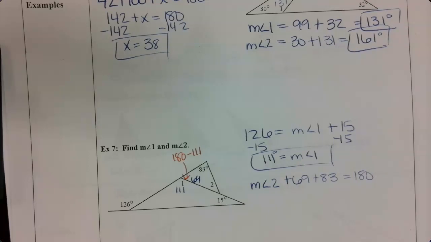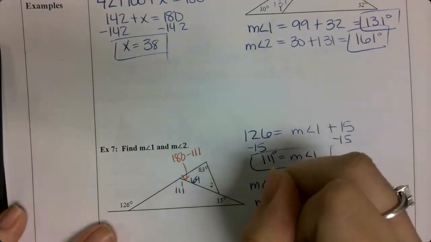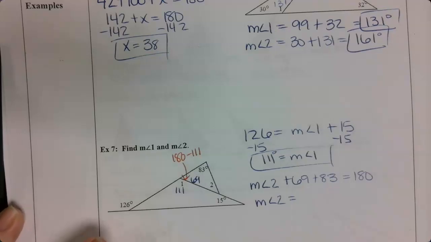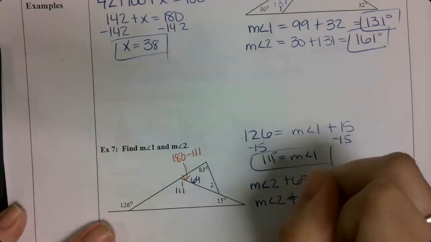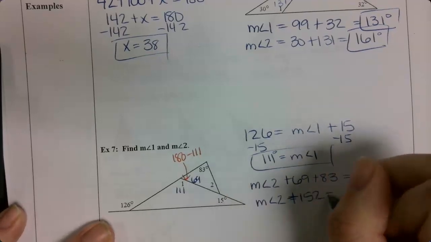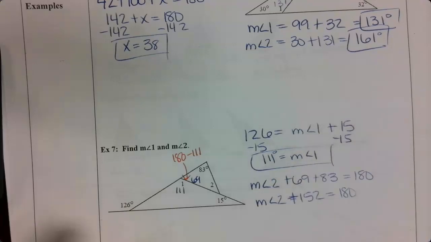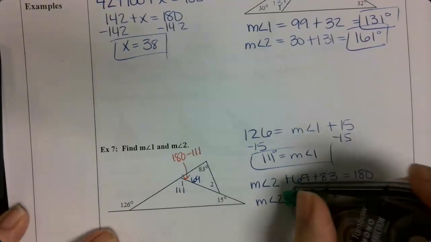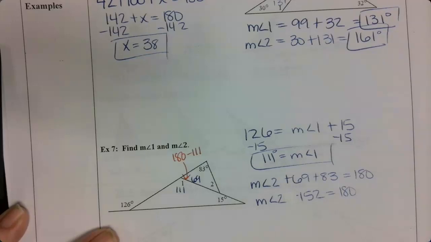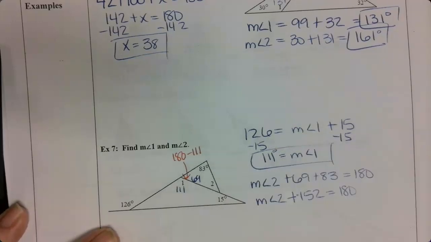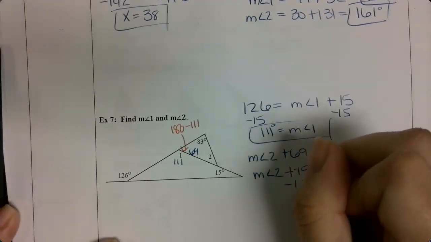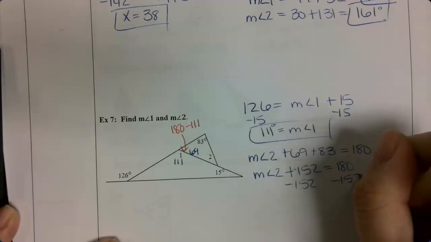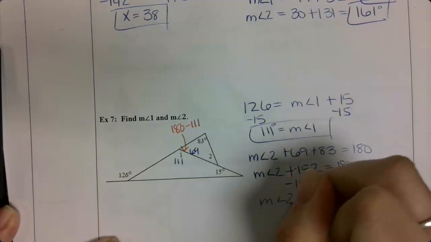So I want to combine my terms with 69 plus 83. Yeah, 152. And then I just want to go ahead and subtract 152 from both sides. So my measure of angle 2 is